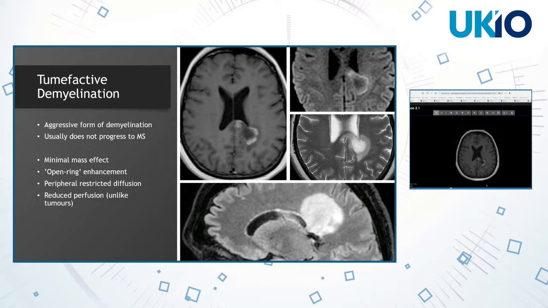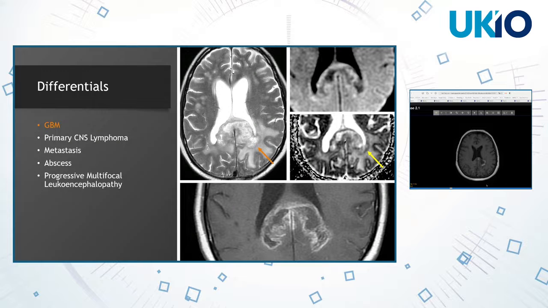In this particular case, we're looking at a lesion that's around the corpus callosum. But if you have lesions closer to the gray-white matter junction, the lack of enhancement tends to be on the gray matter side of the lesion. If you were to do perfusion imaging for these kinds of lesions, they'd have reduced perfusion, unlike many tumors. Just to show you the differentials here,